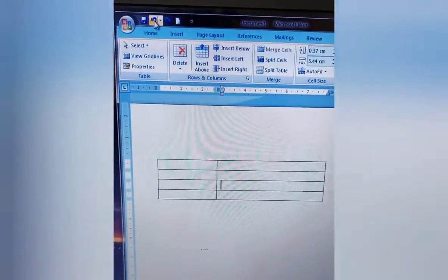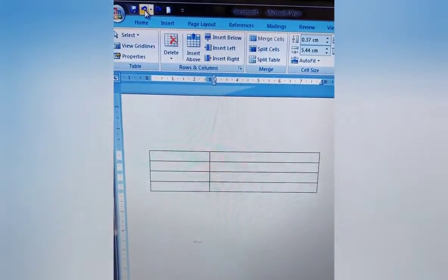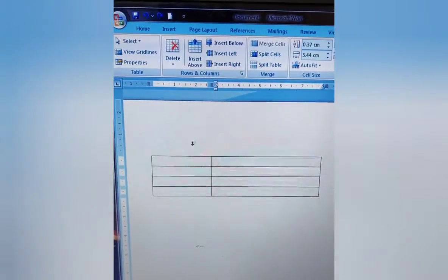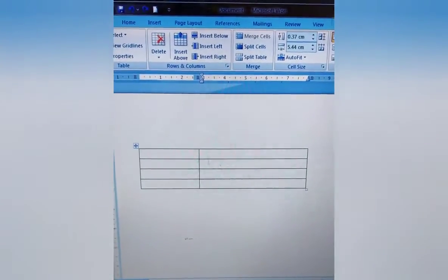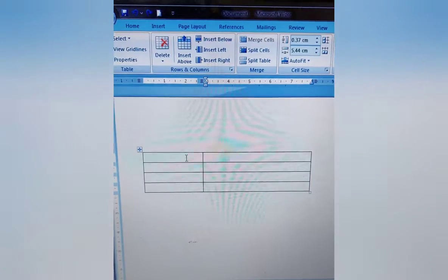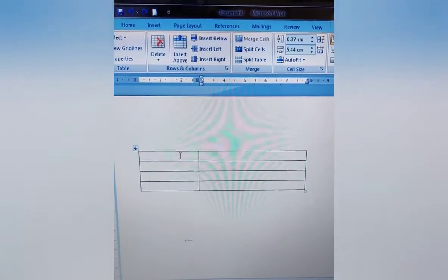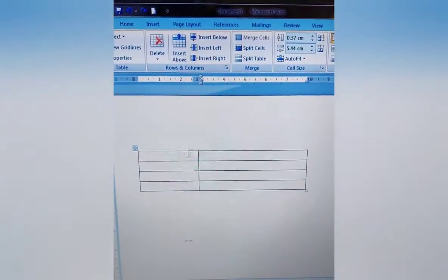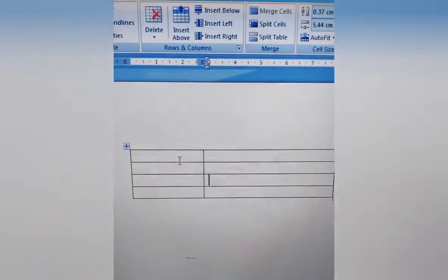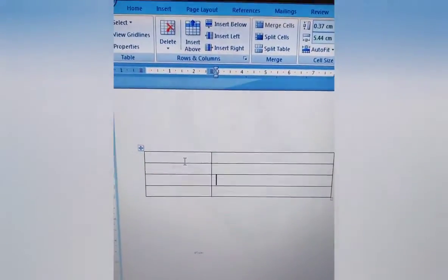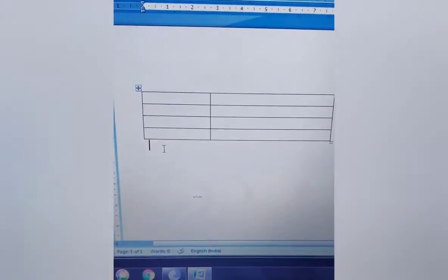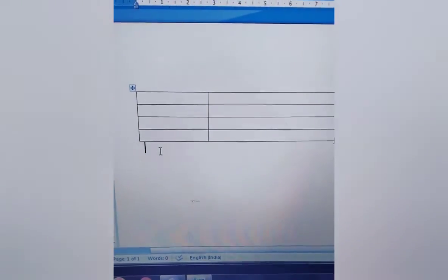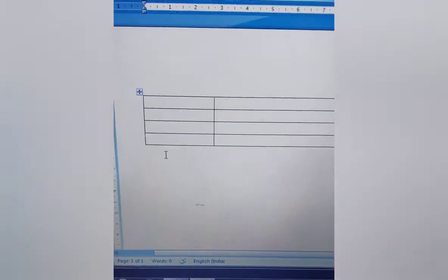Okay, now we can merge 2 cells. Suppose here are 2 columns. I want to merge the first 2 rows of these 2 columns. So how can I do that? Basically merging is joining 2 or more adjacent cells.